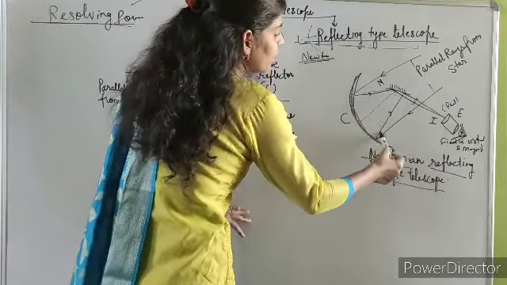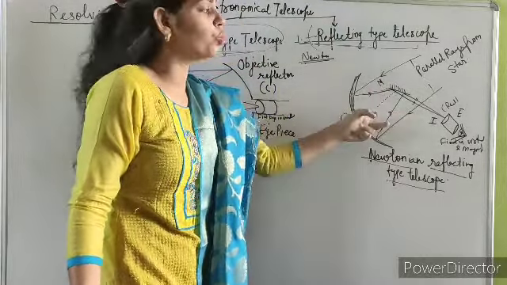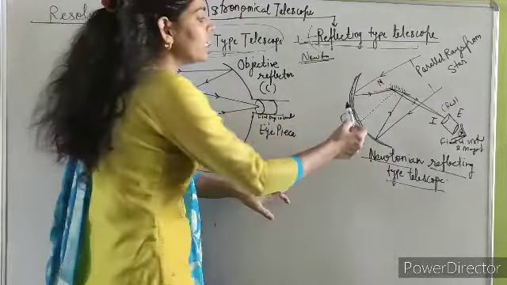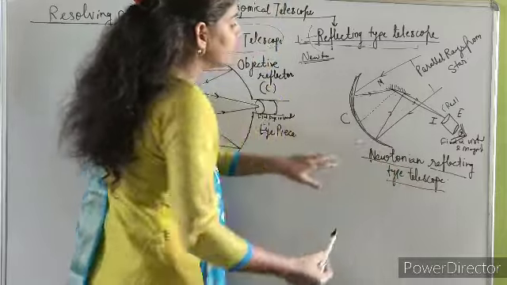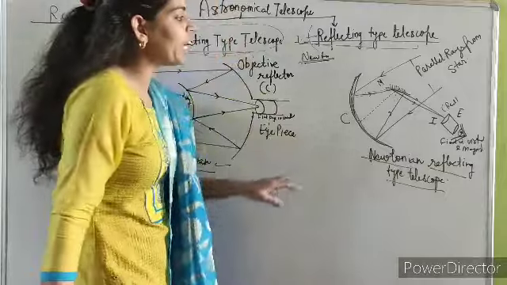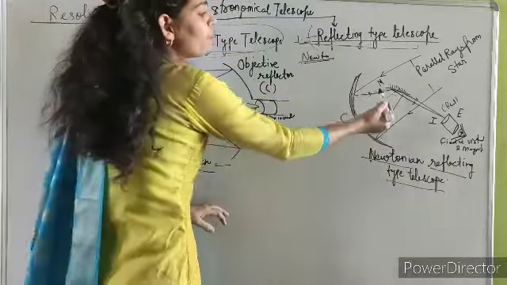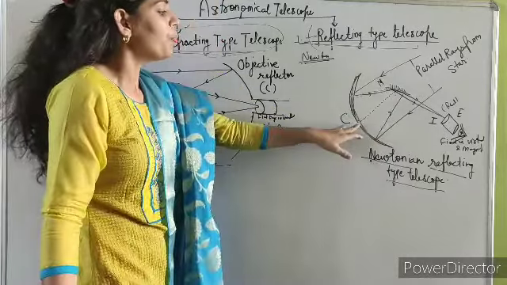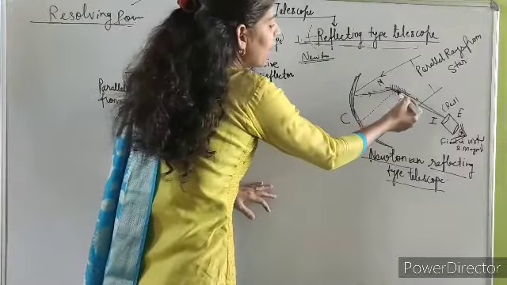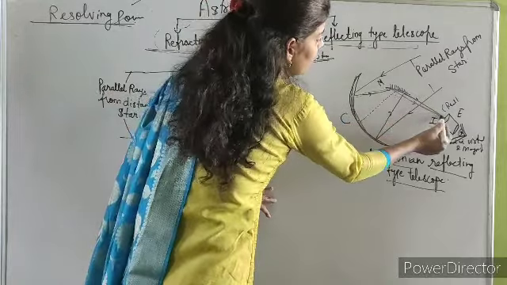This parabolic reflector reflects the light rays, which are coming parallel to the axis of this concave reflector, and these reflected beams fall on a plane mirror M. Here this plane mirror is inclined at 45 degrees with the axis of the concave reflector, and it reflects these light rays